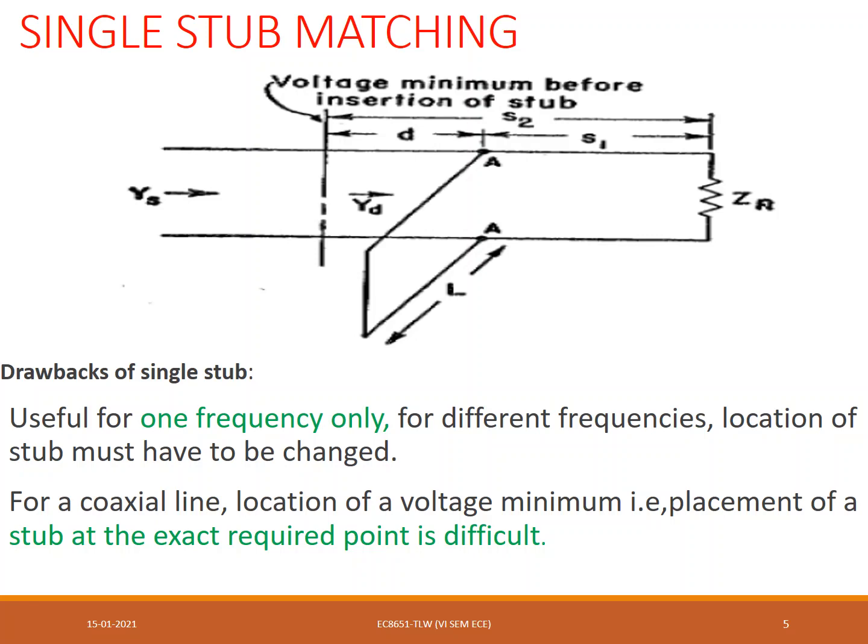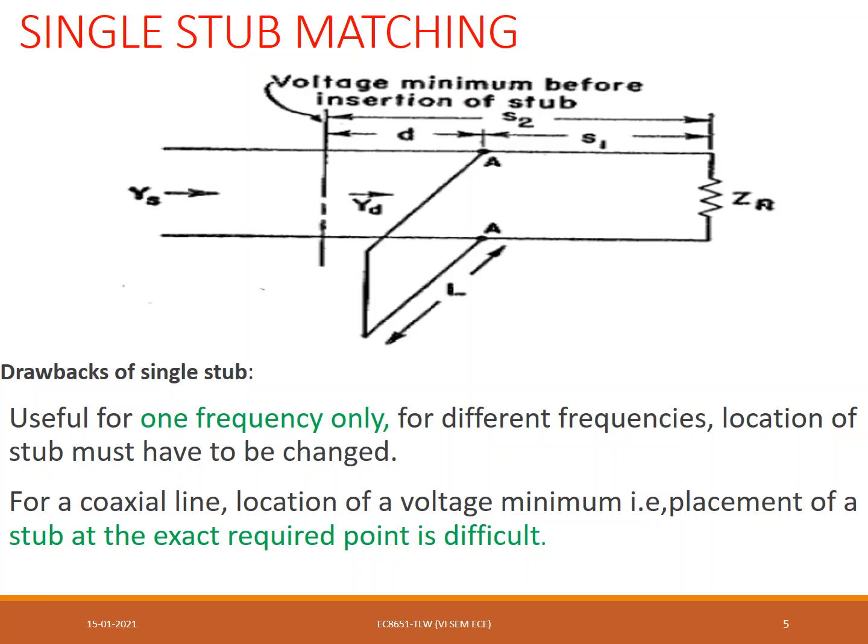A single stub of appropriate length is usually placed at some distance from the load such that the impedance seen beyond the stub is equal to the characteristic impedance. Suppose we have a load impedance denoted by ZR as shown in figure connected to a transmission line with characteristic impedance Z0 and its corresponding admittance Y0. The main objective is that no reflection should be seen by the generator, or if there are standing waves in the vicinity of the load ZR, the standing waves must vanish beyond certain distances from the load.